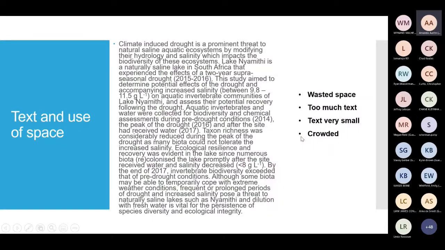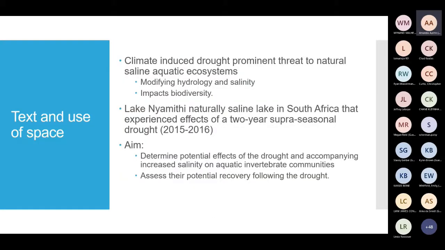All right. Finally, my final comment is about the amount of text and use of space on slides. When you're facing a wall of text like this, it really can be very intimidating, and the text can be very small and difficult to read and focus on. It also makes the slide seem very crowded, and even though there's a bunch of open space, there's a lot of space being wasted. So rather just break your sentences into smaller, manageable sections, maybe over a few slides